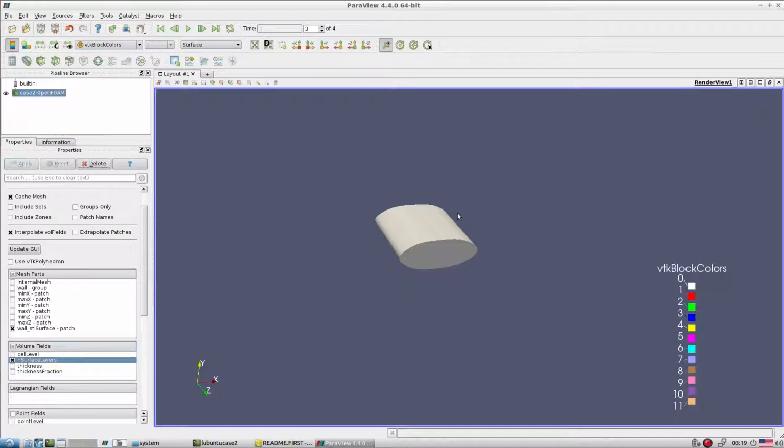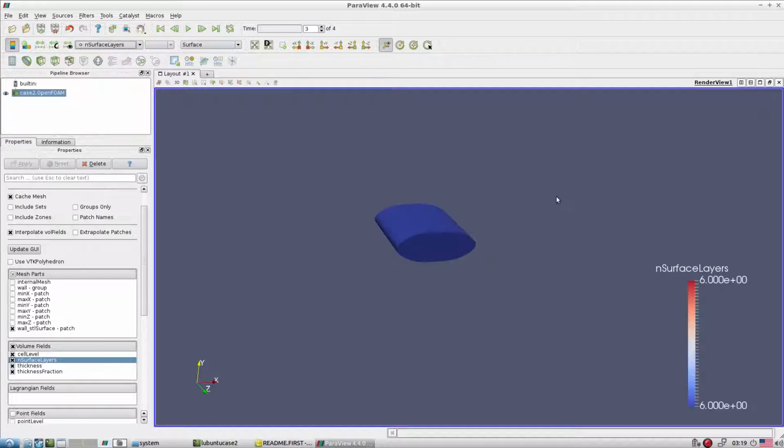It gives us a quick idea. Let me switch on everything, and from here let's select number of layers. We gave 6 layers, so everywhere it is 6 layers. If you gave a different layer count for a different patch, it would show you the different layers here.